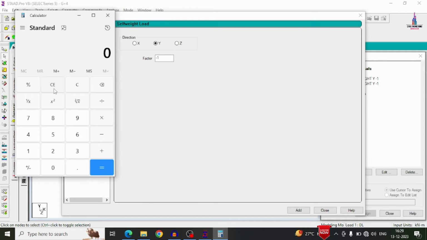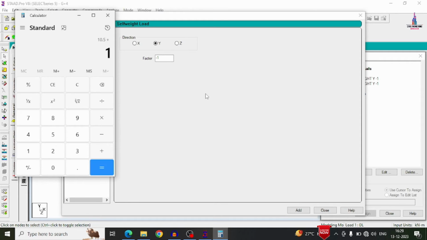Again, in the same process, there will be parapet wall loads also. 0.125 is the thickness of the parapet wall, and we have to multiply this value with the density of 20. Again, we have to consider the height of the parapet wall, which is approximately 1.2 meter here. So the value obtained is 3 here, not 30. So 3 is the parapet wall load plus 7.5 is the internal wall, which we can call the partition wall also.